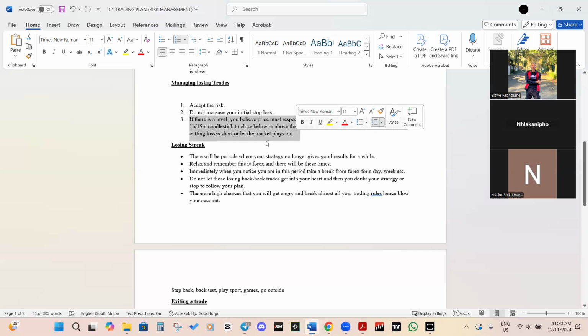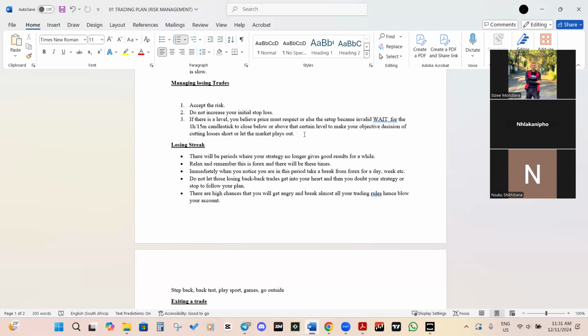So I got this lesson in most cases, like the market is volatile sometimes. So when you see the market being volatile, do not get emotional. You have to relax and wait for the candlestick to close first. That's when you can make an objective, clear decision, rather than seeing the market going up and down in that particular candlestick. So rather wait for the candlestick to close, and then that's when you can make a what? An informed decision.